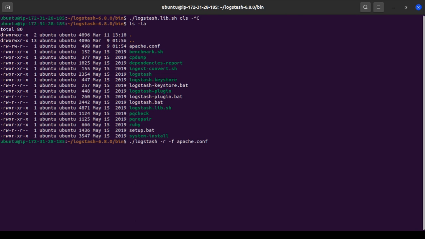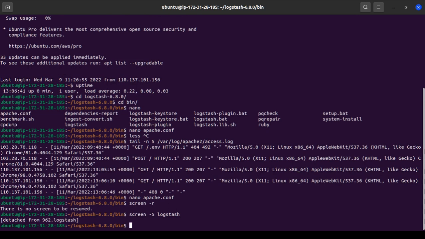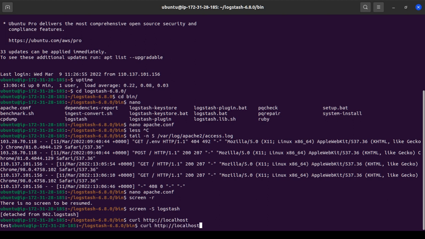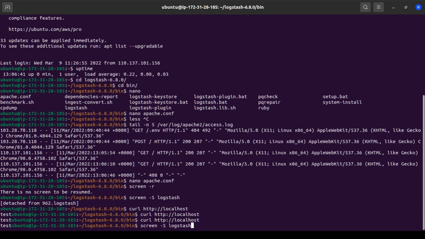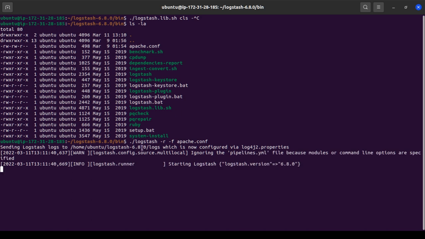Just let's wait for a moment for this. Okay, it will take time actually for the booting of this Logstash, but no problem, we can wait for a moment. Later we can see whether this Logstash actually parses the log or not. Okay, let's call http localhost. Okay, we have it, right, and let's go back to the screen again. Okay, it's starting up now. Let's wait for a moment.